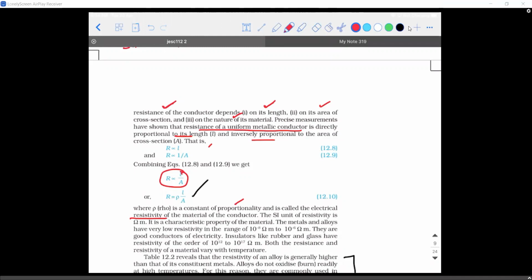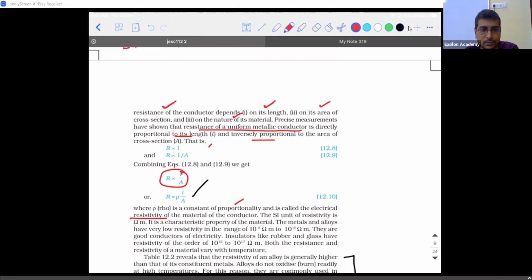If you want me to define it in brief, the reciprocal of conductivity is what we call resistivity. That's it. That's what I was trying to explain. Similarly, the reciprocal of conductance is what is called resistance. Are you able to understand? Yes or no? Still you have a doubt.